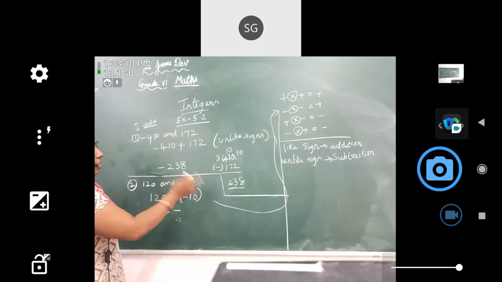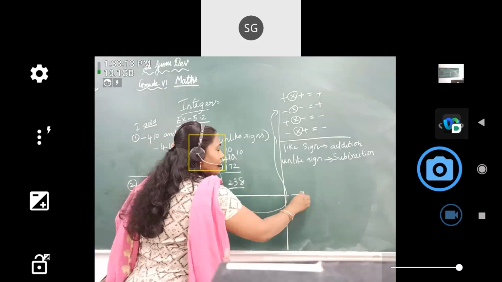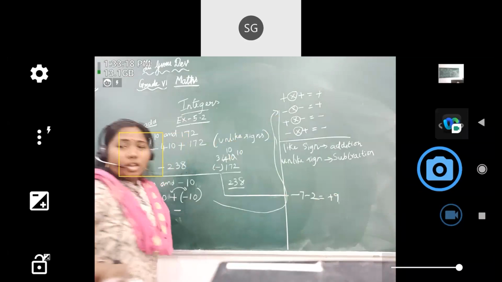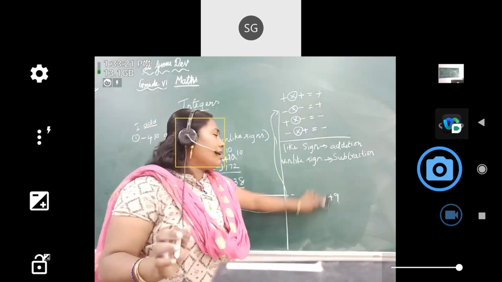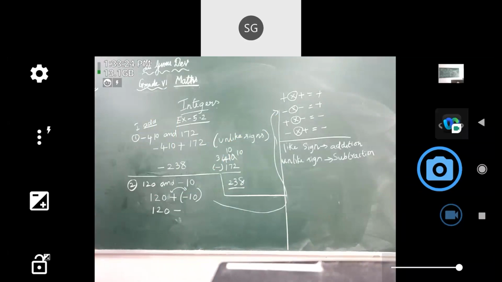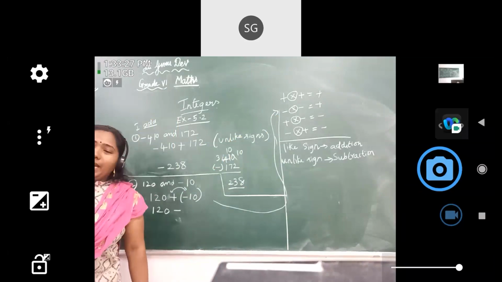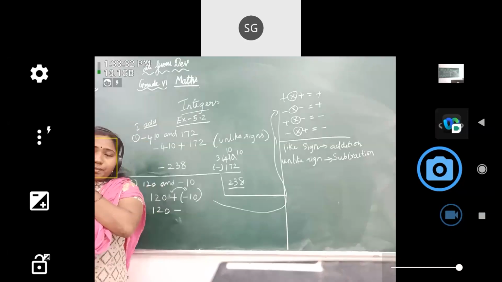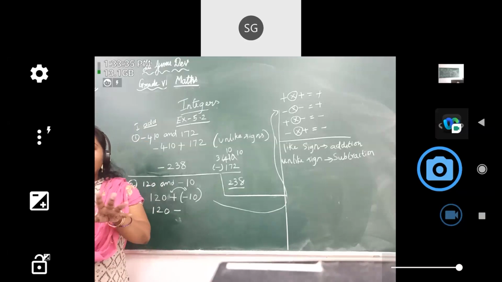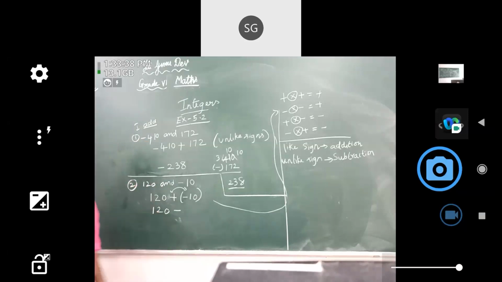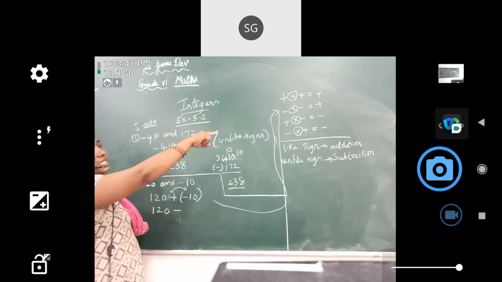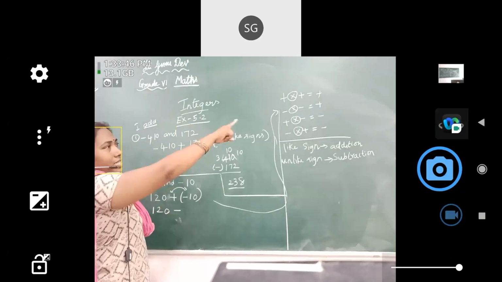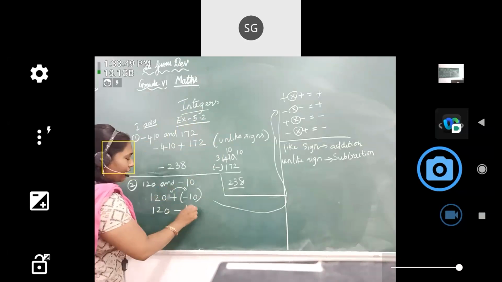Ma'am, if you're adding same, same sign, so should I put plus? No. Addition concept, you just think of our story. In addition and subtraction, we give preference to who is bigger. In multiplication, we just give preference to same or different. Plus into minus, that's what I told. Have that in your notebook at the back side. Always refer to that. So plus into minus is minus, and I will write the number as it is.